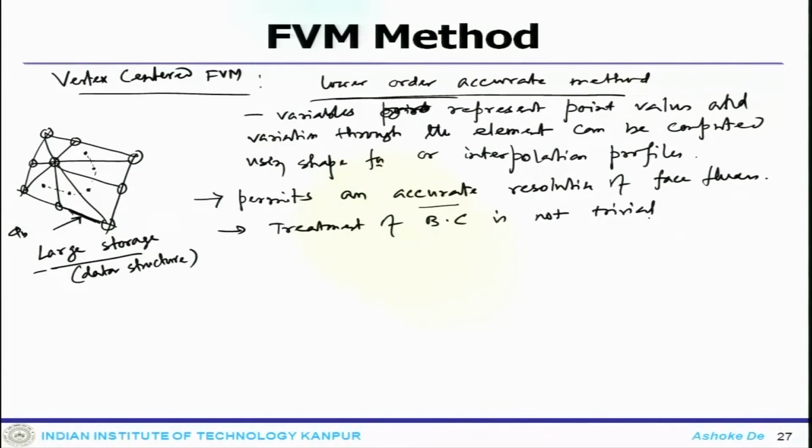See, the other case, when you have specified a value, it was much easier to compute when you have stored things at the cell center. So, this would be another cons of this vertex centered,